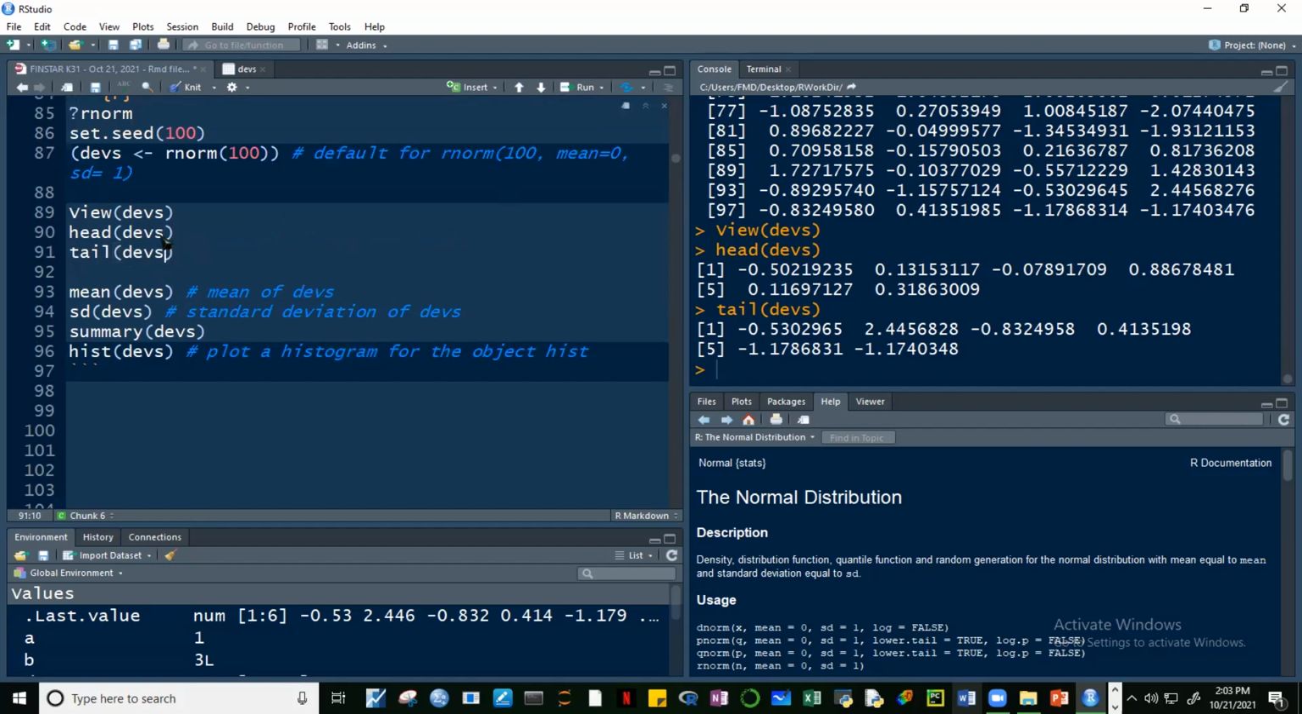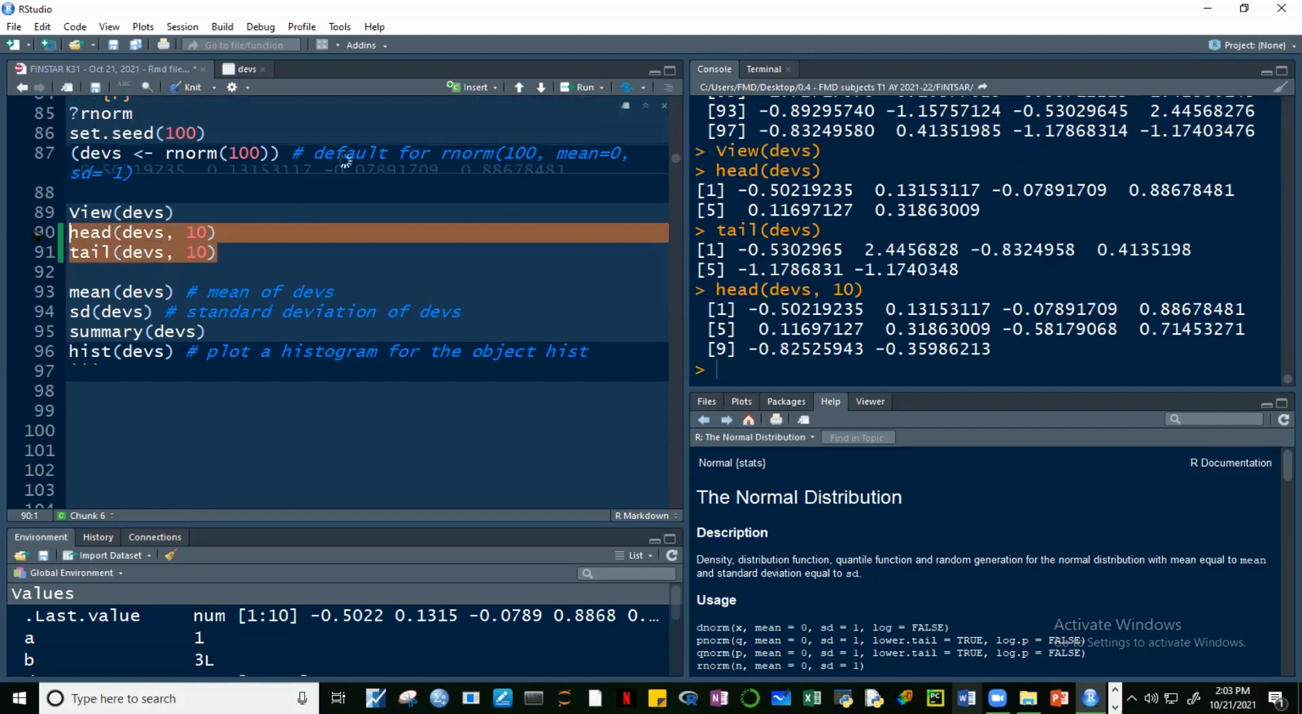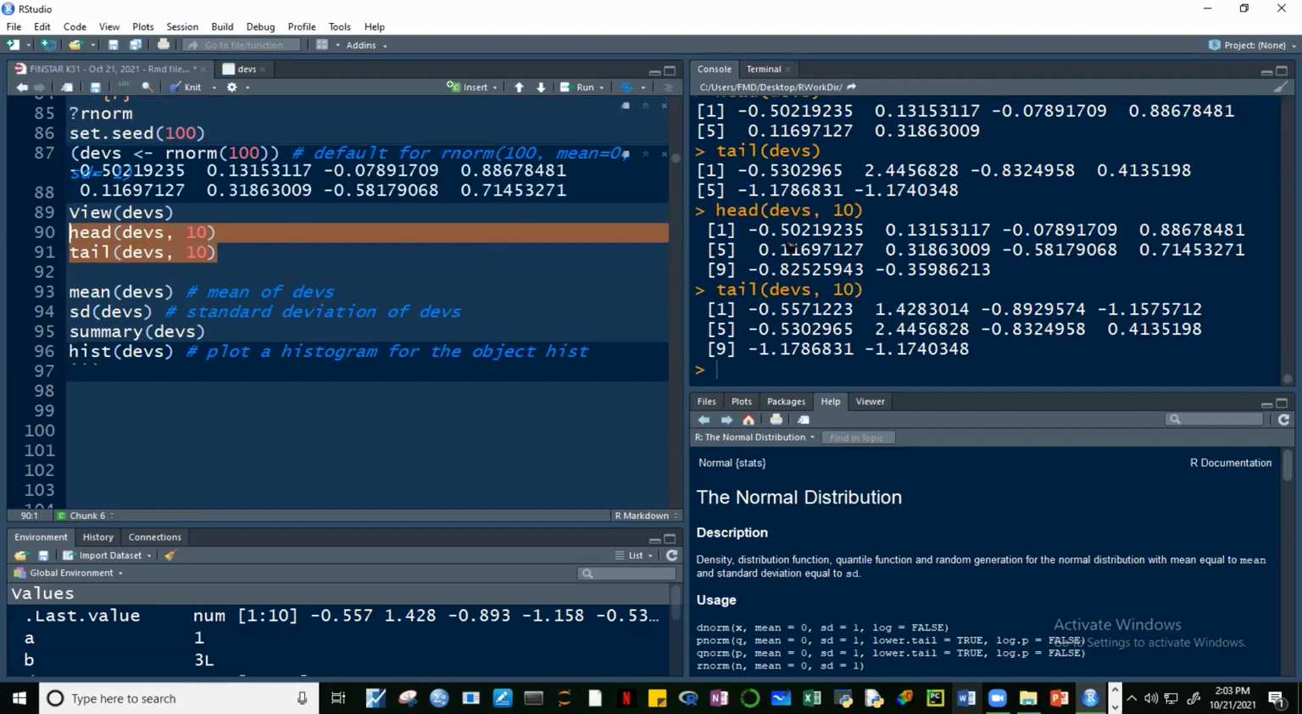Something's wrong with my... okay, I'll put it head devs and I'll make it 10. So that means it will give us the first 10 elements. And if we make it tail devs and then 10, it will give us the last 10 elements. There. If you notice, guys, here in my console, it's the first, and then the 5 here, guys,